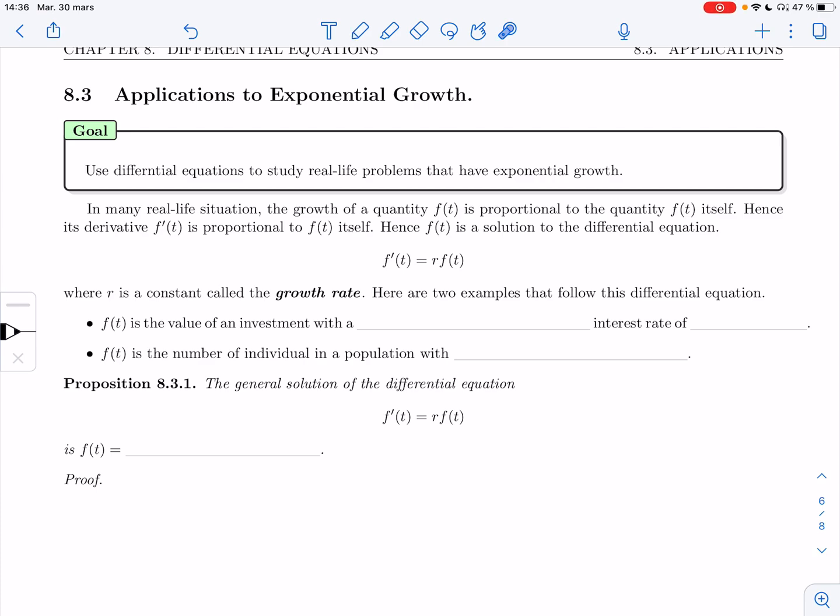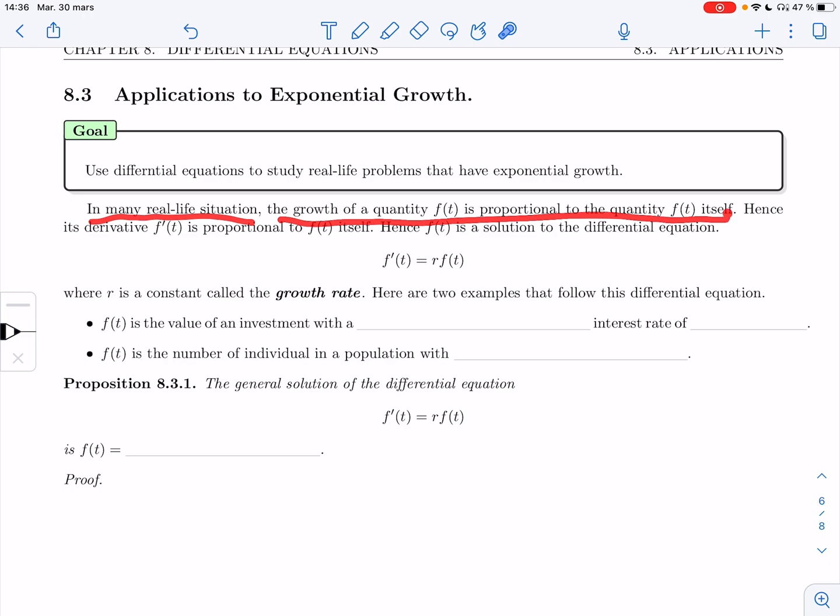All right, in section 8.3, we'll be looking at applications of differential equations to exponential growth. We're going to use differential equations to study real-life problems that have exponential growth. In many real-life situations, the growth of a quantity is proportional to the quantity f of t